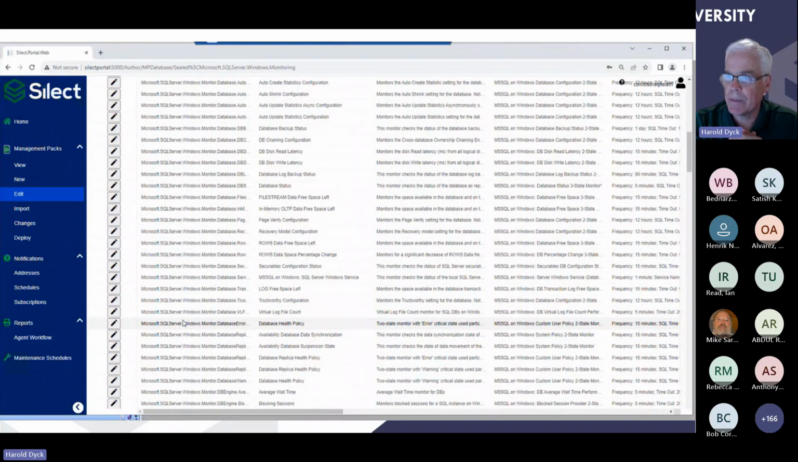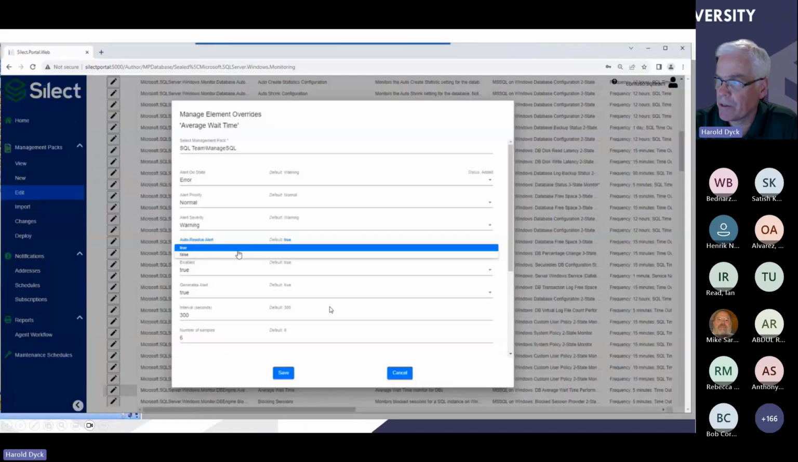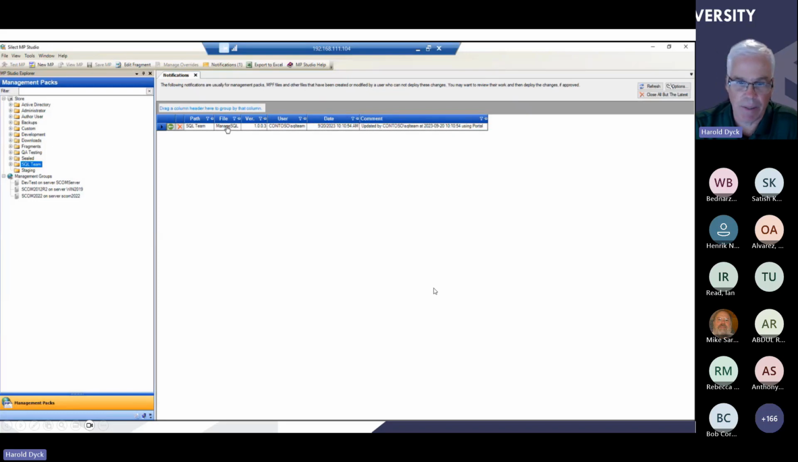The grid allows me to find the information I'm after. I can slice and dice. I can do some searching and filtering. I can find the monitor that I want to change. And then I can edit that monitor to create an override. Obviously, being a sealed management pack, we're going to create an override for that management pack. In this instance, perhaps I'm just changing a threshold or disabling the rule, and I'm going to save that management